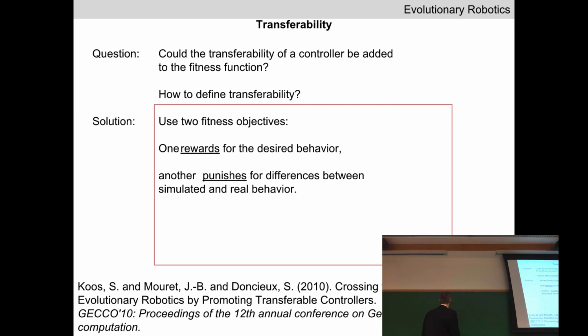So we have behavior B and distance D, and we could try and combine these in the way that they were combined when we looked at the bipedal locomotion project, the Silly Walks project. We could take behavior, we want to maximize B, and we could multiply it by 1 over 1 plus D, the difference between these two behaviors, right? So a robot is going to get high fitness if it moves quickly, and if the difference between its behavior in simulation and reality is low.